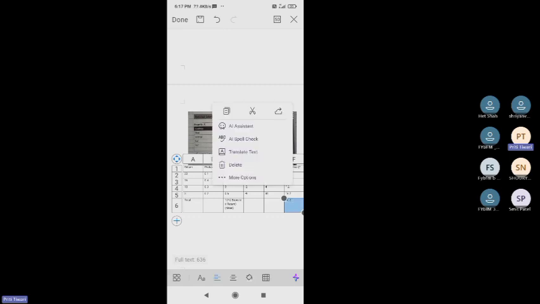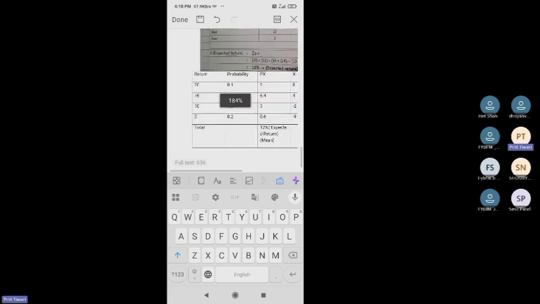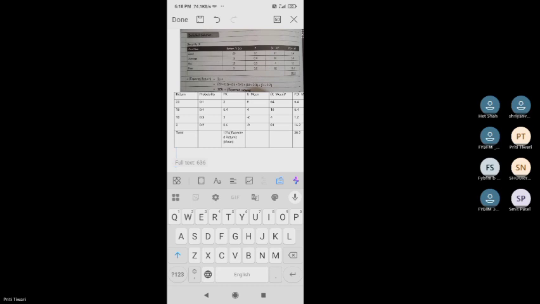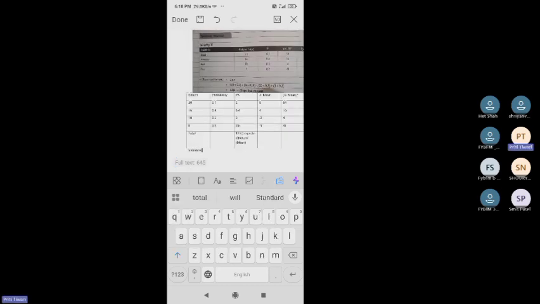The total which you are getting is 30.2. So the variance: the formula for variance when the probability is given is the total of